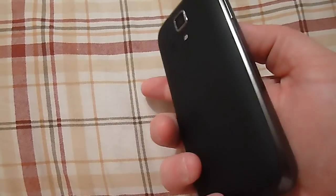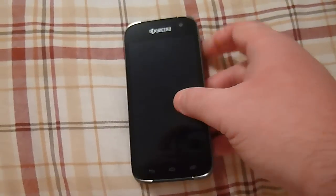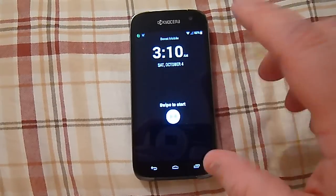I love the way it has the accents around the phone and everything, and it has a really good expensive look to it for a mid-range device, so I really like it. We'll go ahead and power the phone on, and the only thing I hate about this phone right